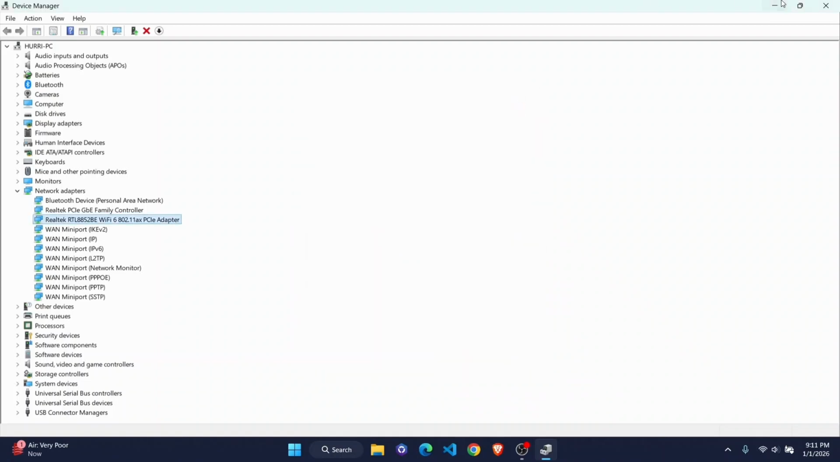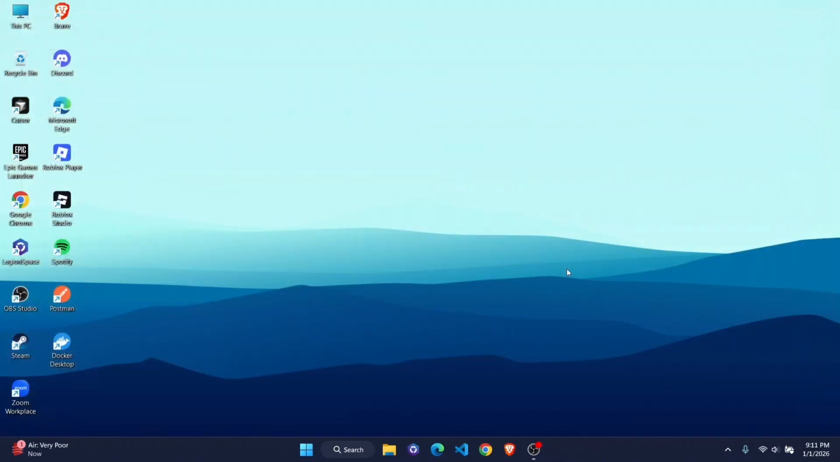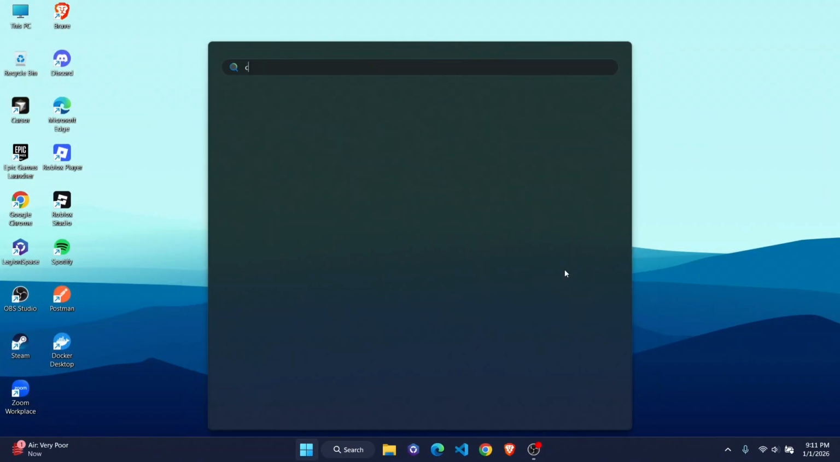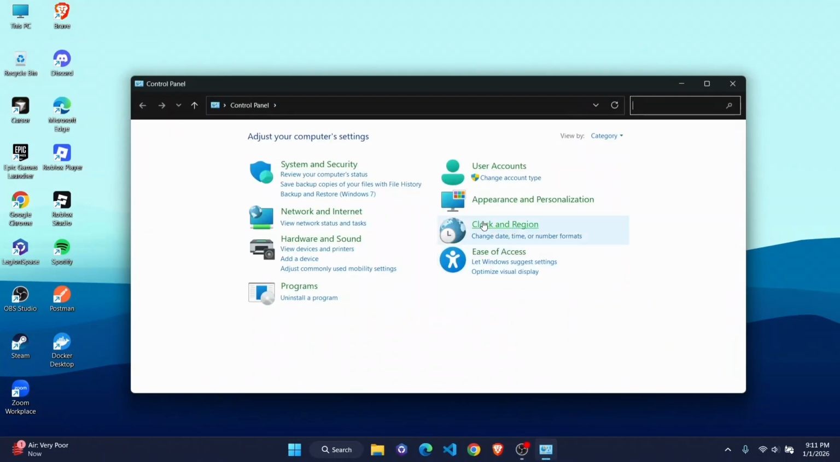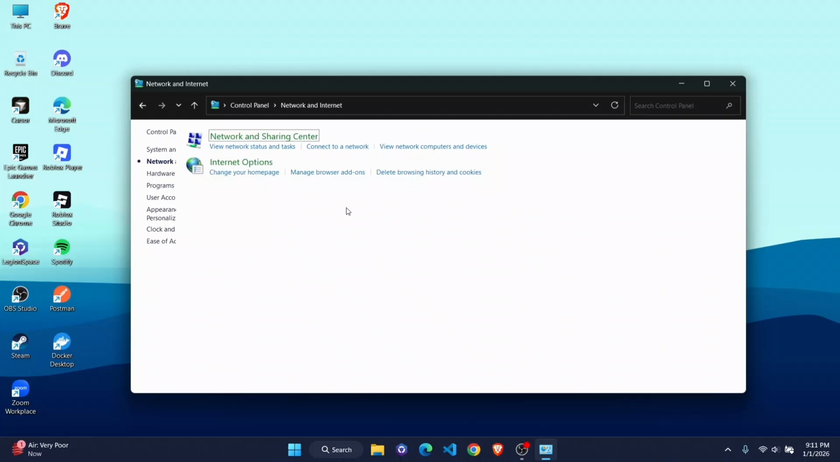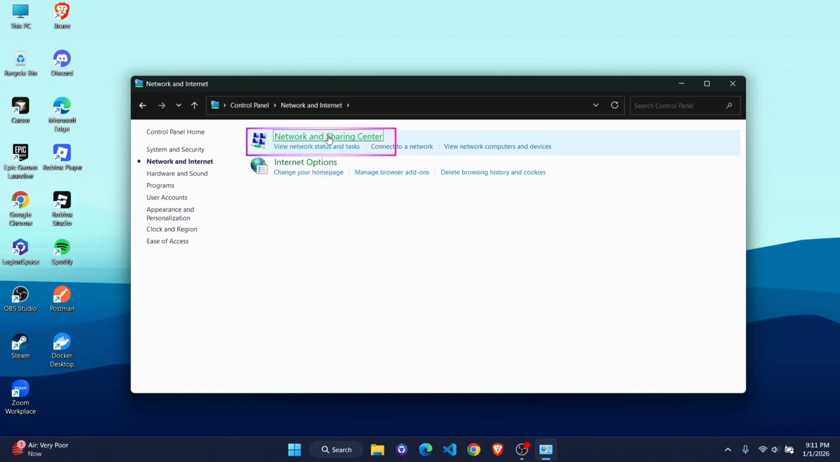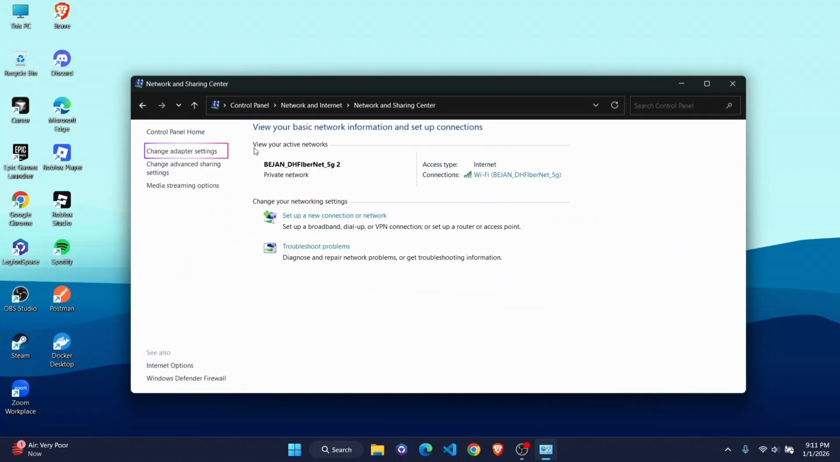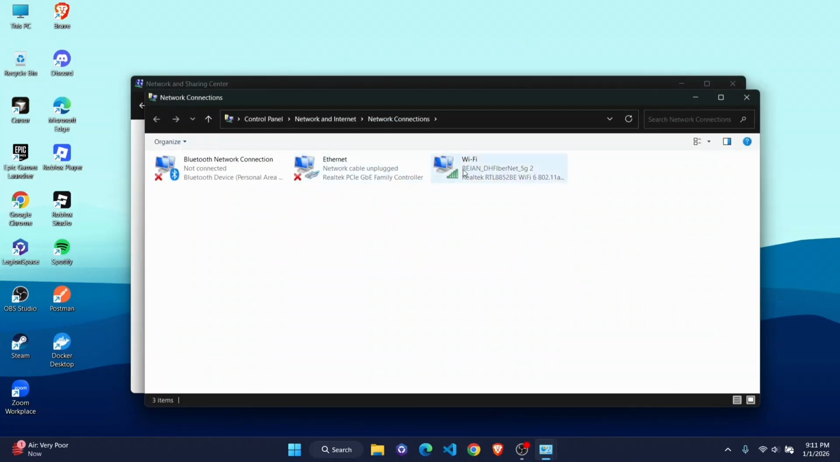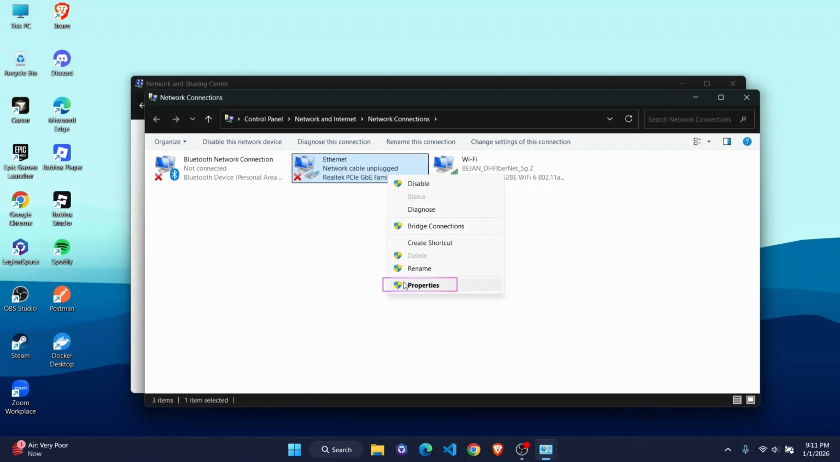Once that is done, you can close this out, close everything out, and again search for Control Panel. Now in this case, all you have to do is go to Network and Internet, then go to Network and Sharing Center, click on Change Adapter Setting, then right click on Ethernet, go to its properties,